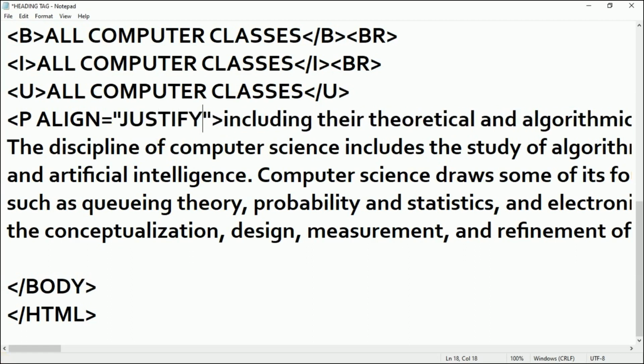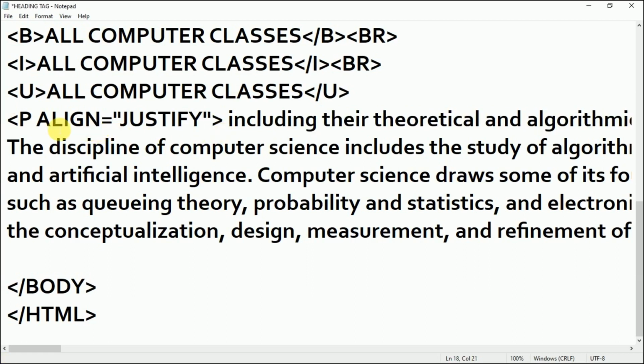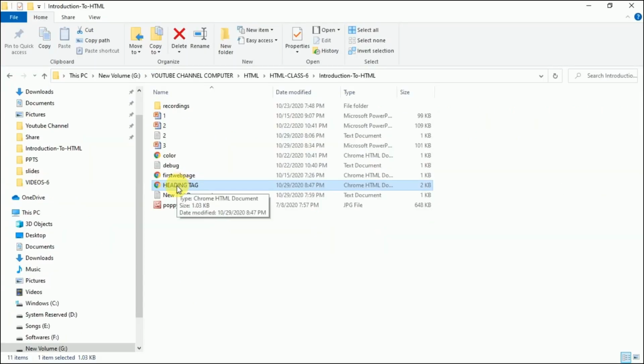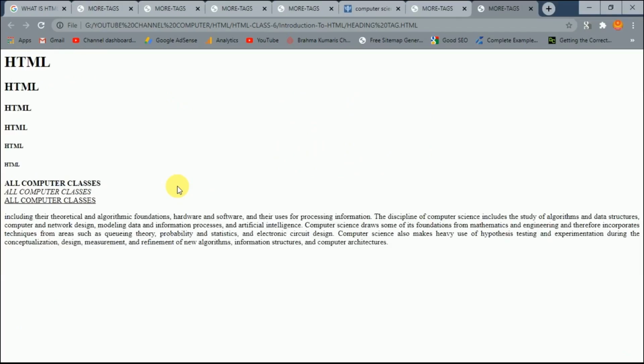justify, and Ctrl S. You see, whatever attribute you are writing, you have to write within the first tag, that is the opening tag. Every attribute has a value and that value has to be written in double quotes, right? Now don't forget to press Ctrl S, otherwise your output will not appear in the web page. Now I press Ctrl S, come back to the folder and open that same page. Now you see your text has been adjusted and it is equal from this side. So this is how it is justified, right?